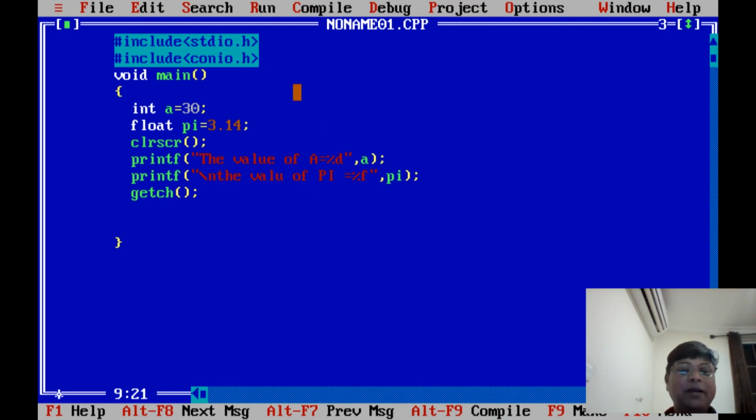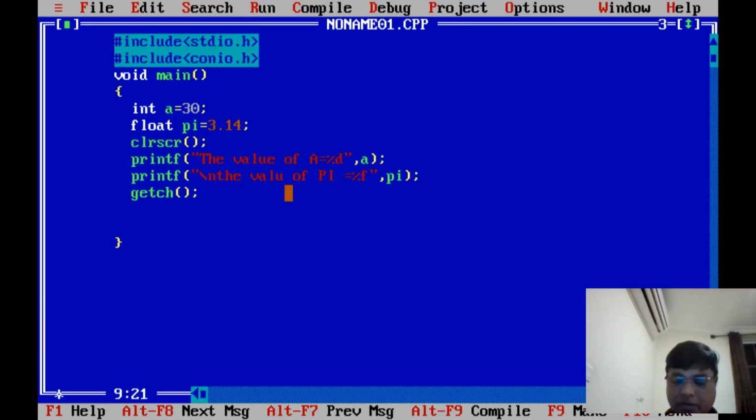Why? In a C compiler, the screen runs from 480 to 640 to 480, so those are the X and Y positions. If typing started from here and there is still space, the next printing will continue from the end of the last one. So if you want to break it, I can use \n. From there the new line will start. That is called \n, the new line character. So I can get a nice output. Can you see here? Now the line has been broken and I can see the output very well.